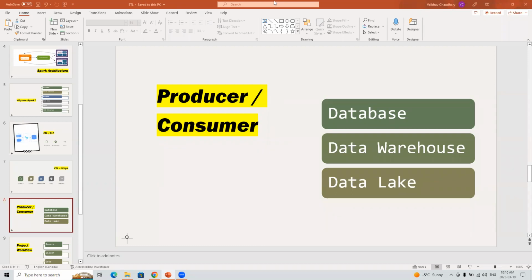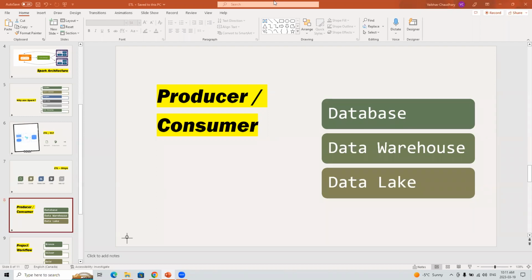That is why the name is lake. In a lake, you don't know which source the water is coming from. It can be rainwater, it can come from some river, it can be drainage water, or any other place. Here you are not defining what sources the data will come from. Data will be coming from all the possible sources of your business. That's why the name is data lake.